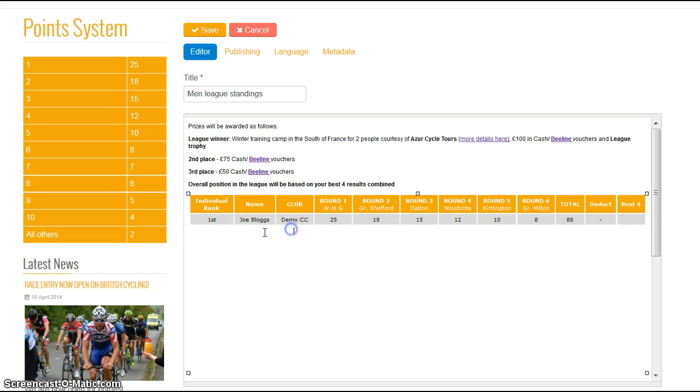Now this is a live table, as you can see. I can click inside it. I can add text all the way along, all the way down. All the text is already centralized. You don't need to make any changes to that or any changes to any styling or anything at all. Just type in there. Once you're done,